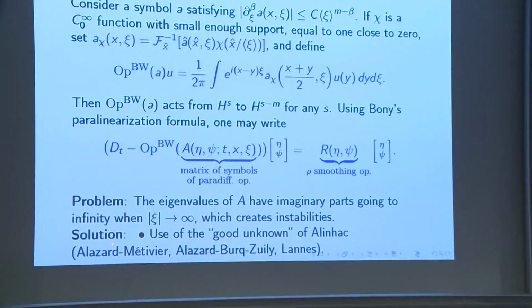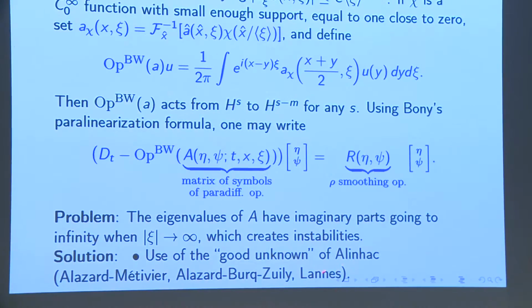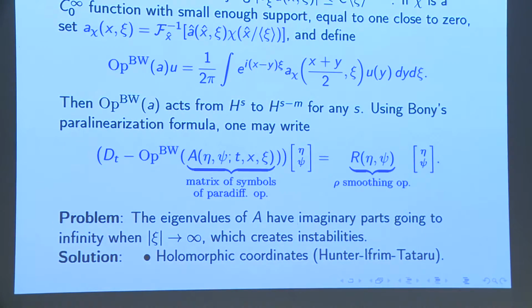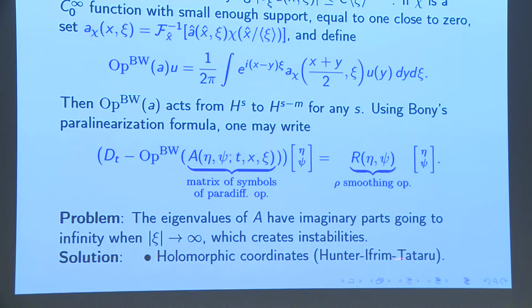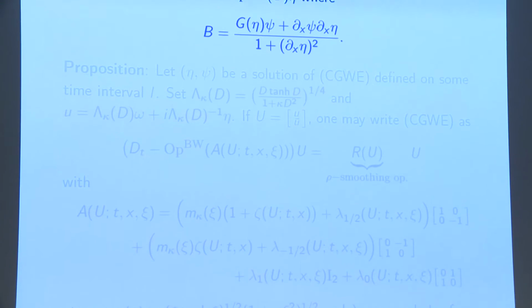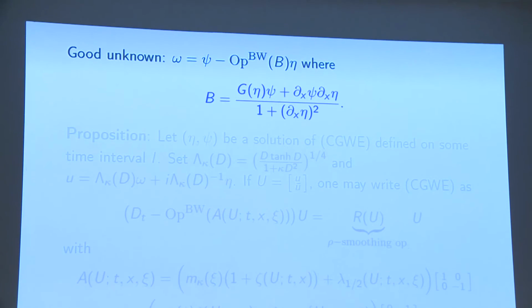So then there has been another approach that has been used, relying on the so-called good unknown of Alinhac, by Alazard-Métivier, Alazard-Burq-Zuily, Lannes. And this is the method we shall adopt. And then, more recently, Hunter-Ifrim and Tataru proposed a third approach using some holomorphic coordinates. And so we shall use, as I said, this good unknown approach,